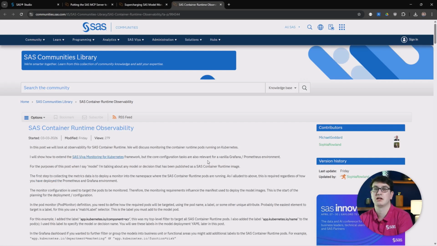And finally, talking about models and deploying them, there is also a great new blog post about the SAS container runtime, sometimes referred to as SOCCER, and how you can improve its observability. So you can dig in, monitor the logs, capture them, and then derive metrics off of that, as this tool allows you to deploy away from SAS Viya. So an amazing blog post to check out if you're looking at deploying your models or decisions in standalone